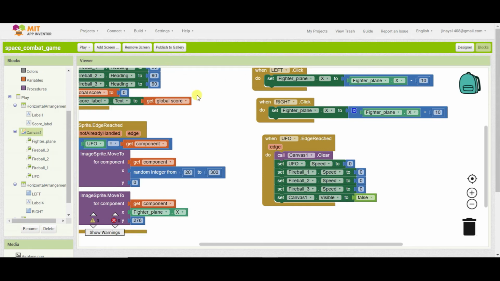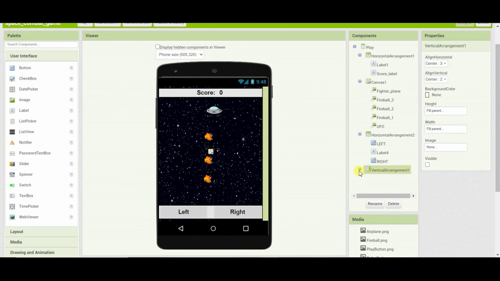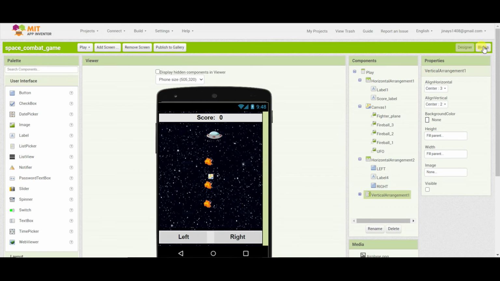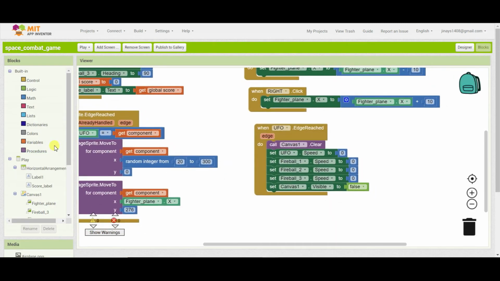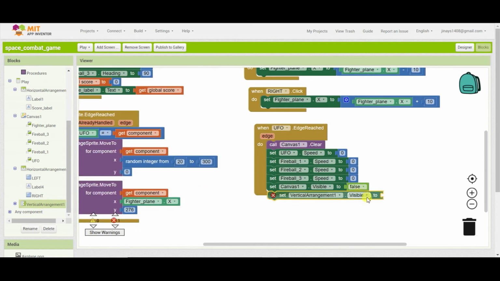We will set the vertical arrangement. So we have made here one vertical arrangement where we will be displaying if the person loses the game. So we will make that vertical arrangement visible to true.